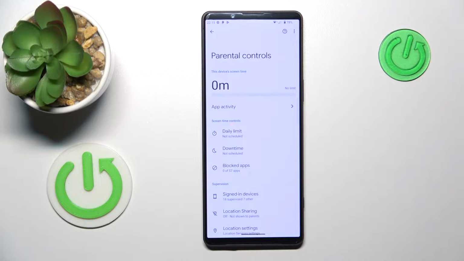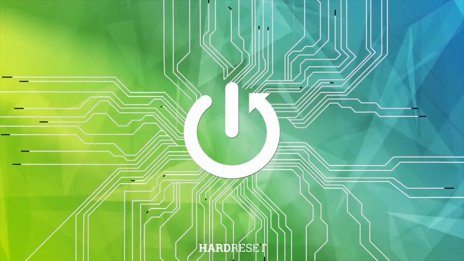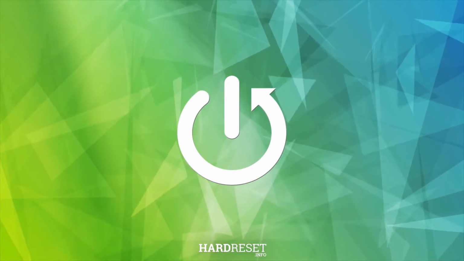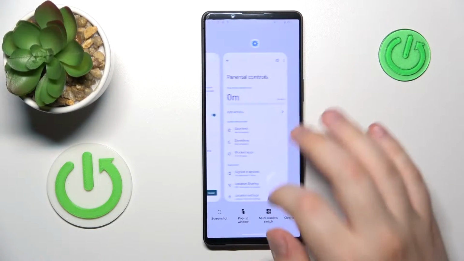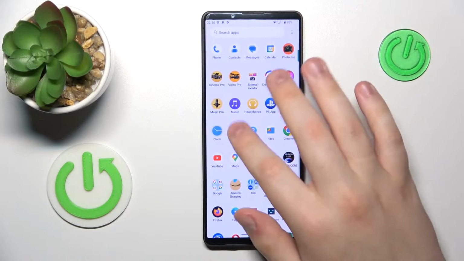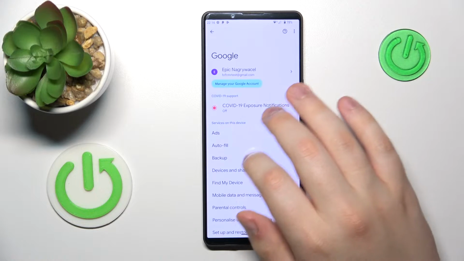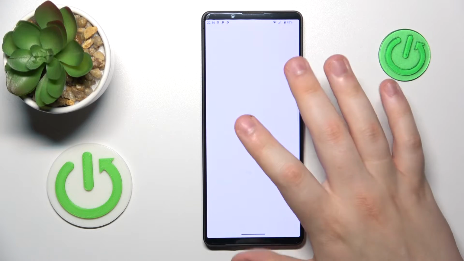This is Sony Xperia 1 Mark V, and today I will show how you can bypass parental controls on this device. So first step is to launch Settings, then enter Google category, tap at the Manage Your Google Account button, then